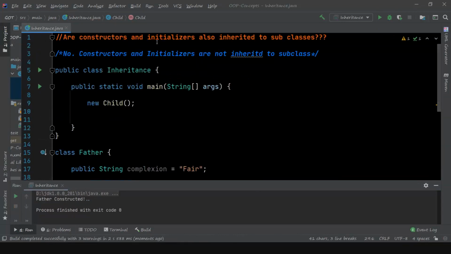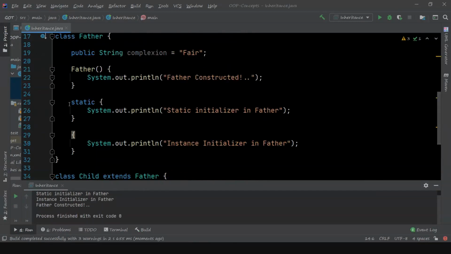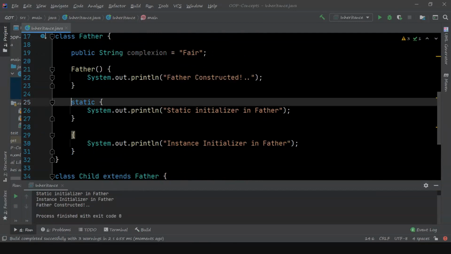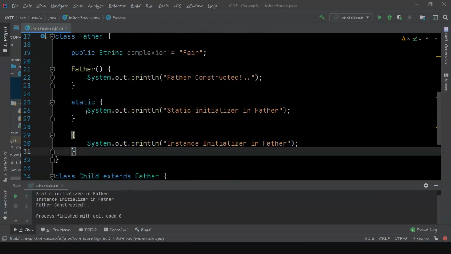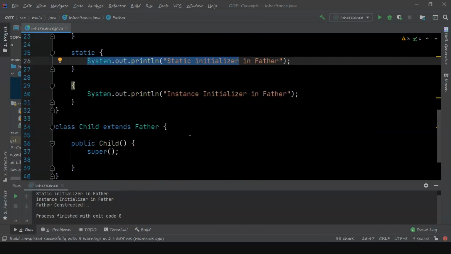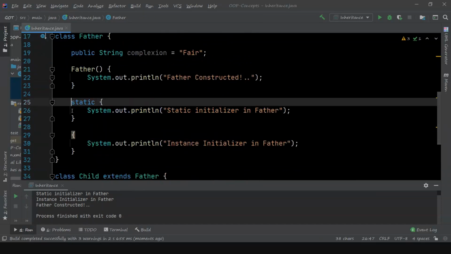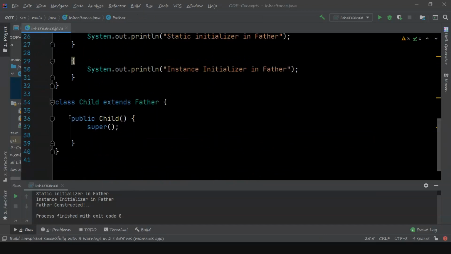Now the next thing is initializers. Now look at this father class. I have added one static initializer and an instance initializer, and these initializers print some log statements. So, are the static and instance initializers inherited by the child?